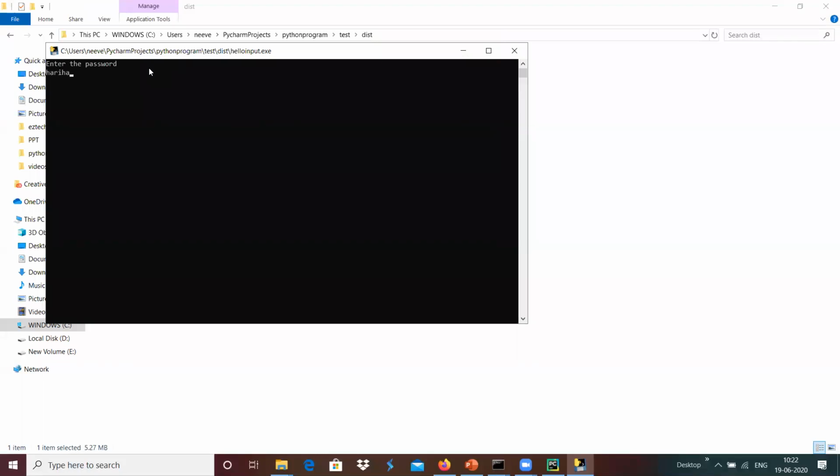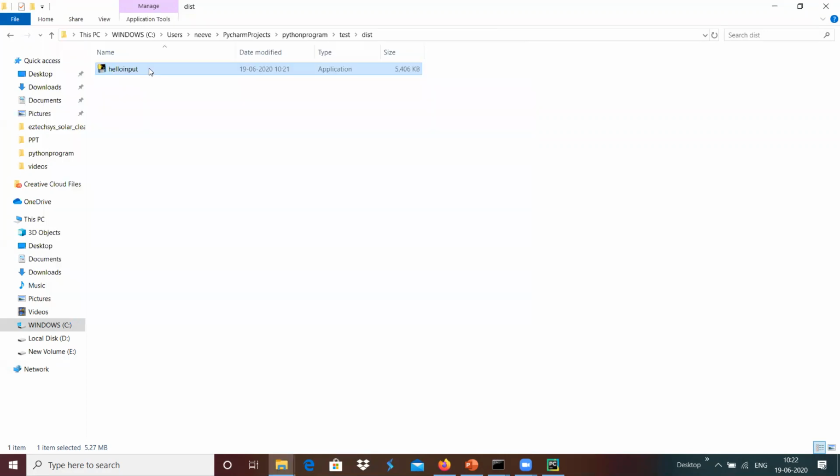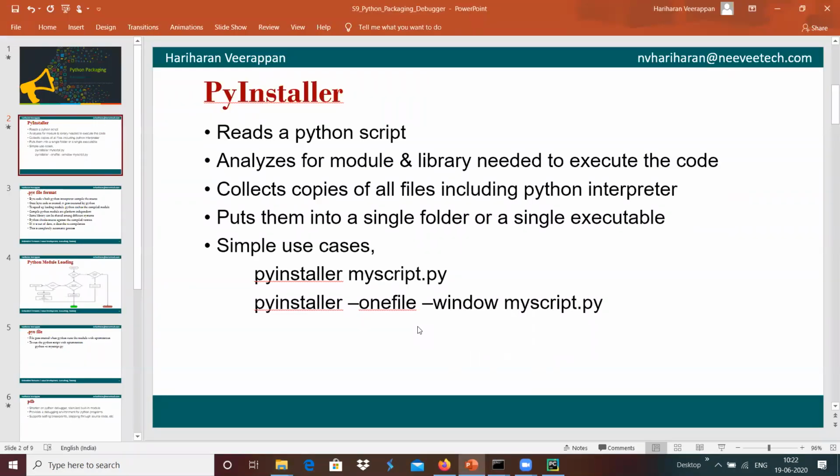And I'm going to enter Hariharan over here, which shows that the entered value is Hariharan, and maybe we can type F. Until we enter Q, the program will not exit. I'm going to do that Q with the exit over here. This basically provides information on how we can create a package, an exe, from the Python file.